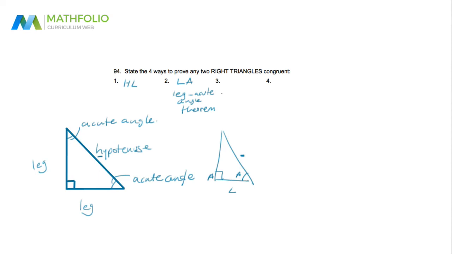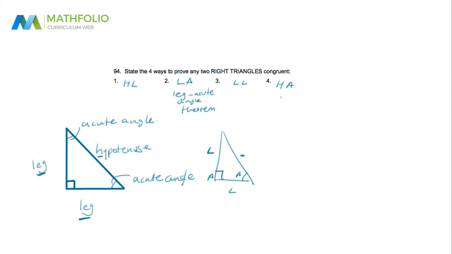Number 3 is the LL, the leg-leg theorem, and in this case we're talking about, we know it's a right triangle, and we know that the two legs are congruent to the two legs on the other one. So this is pretty much the same as the side angle side theorem, but we call it LL, leg-leg, for right triangles. And the next one is the